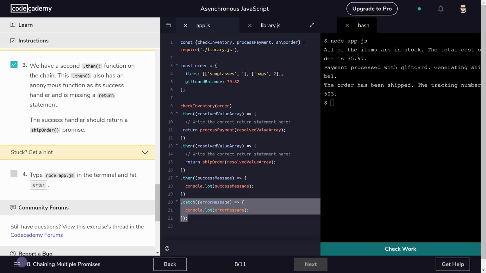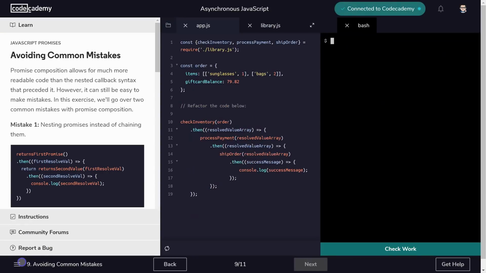Log any error. So we're chaining these promises, or three really, because we check the inventory, and with the value that comes back from inventory, saying that it returns a data model, we pass that data model in and process the payment with that data. When that completes, go ahead and fire off ship order with the values that we got from the payment, for everything to go through. So you can see very quickly how this can get a little bit more complex and chained together, but